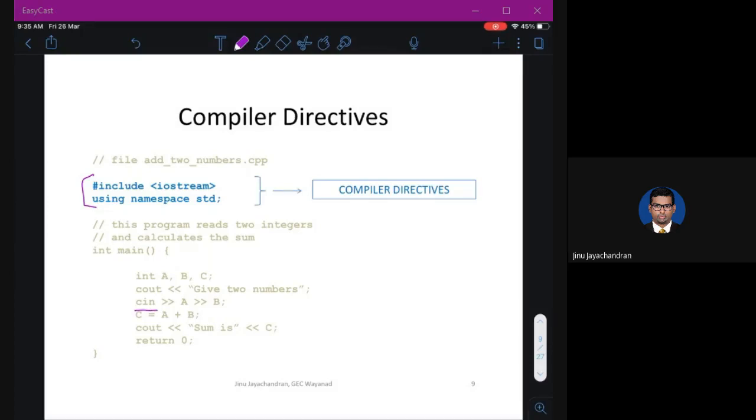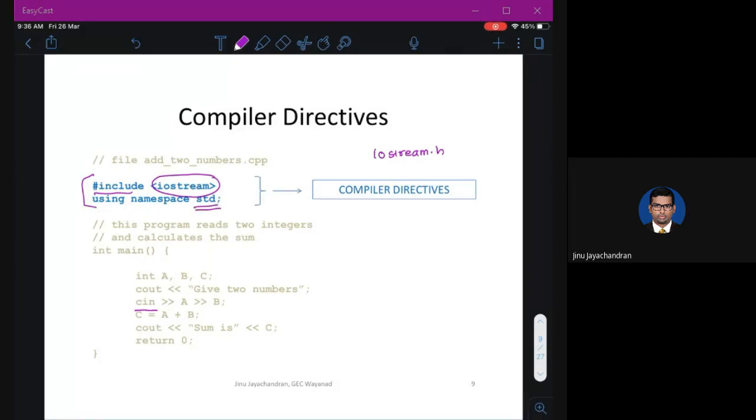Now the compiler needs to know what cin should do, and it is defined in a separate header file called iostream. So I am telling the compiler to include the iostream.h file while compiling this program, and you should use a namespace called std.